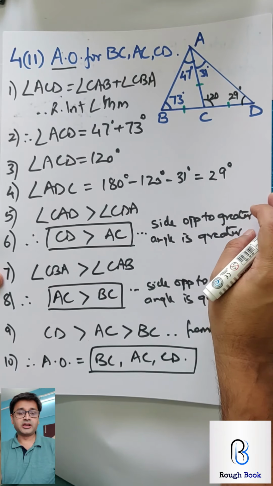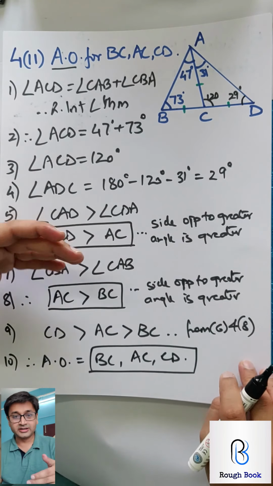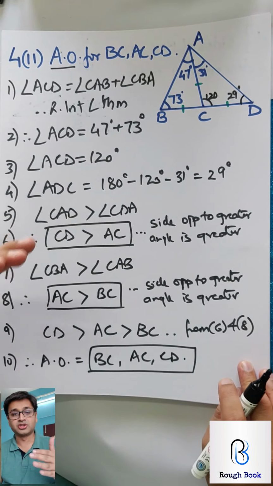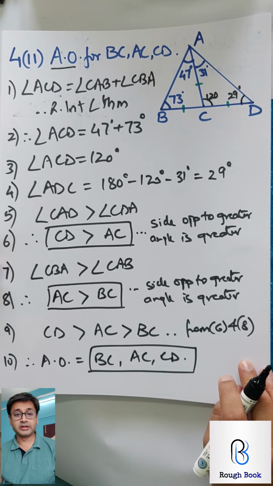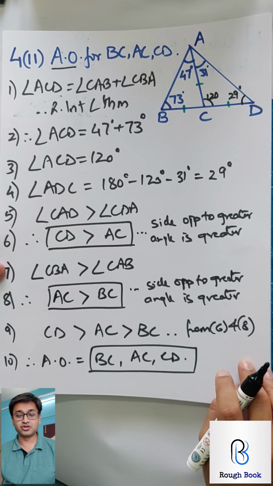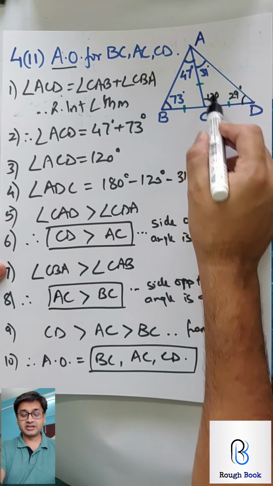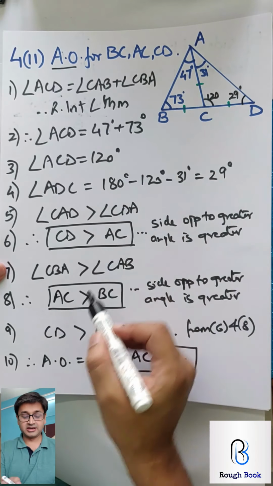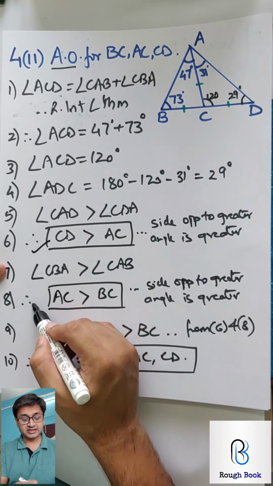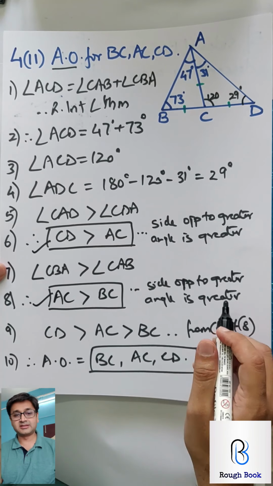Very logically, if you get these topics, or if you are able to understand these topics, you are building your logic. That's most important. That is logic building in mathematics and geometry. So basically we first connected AC and CD, then we connected AC and AB, and we connected 6 and 8 together and wrote it in the ascending order.